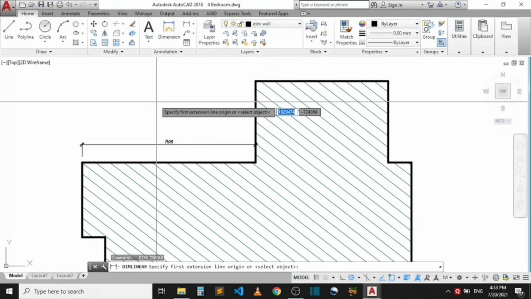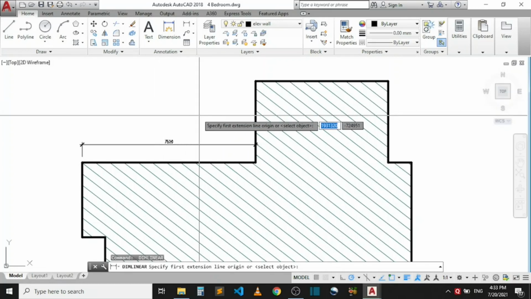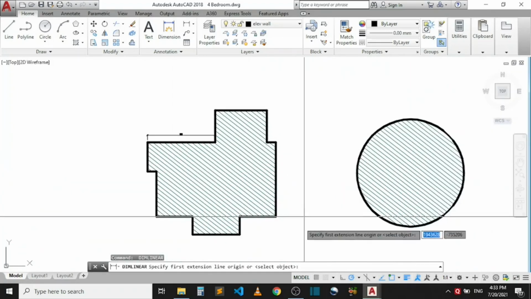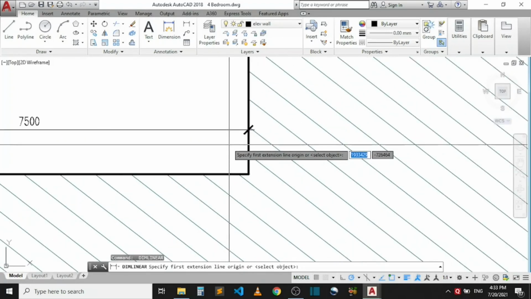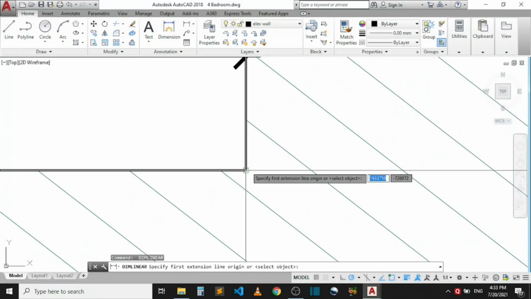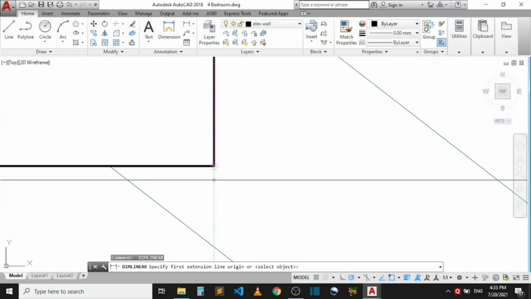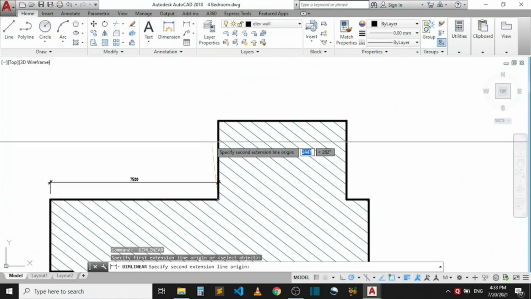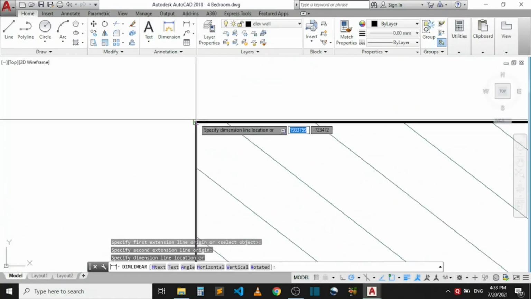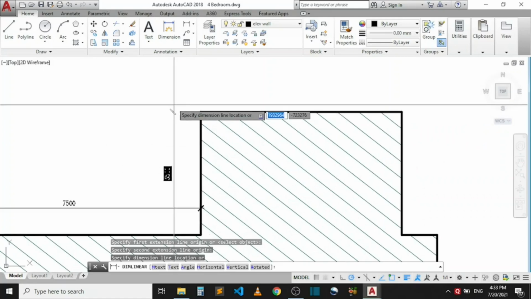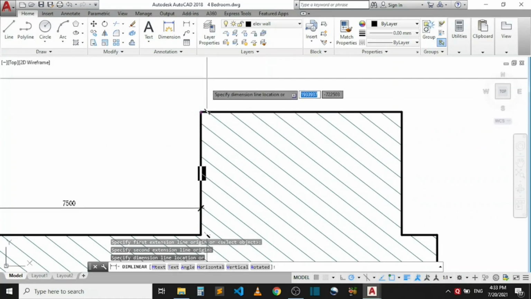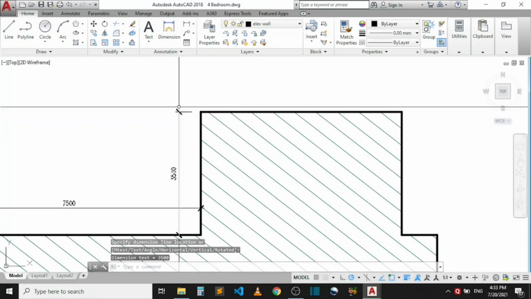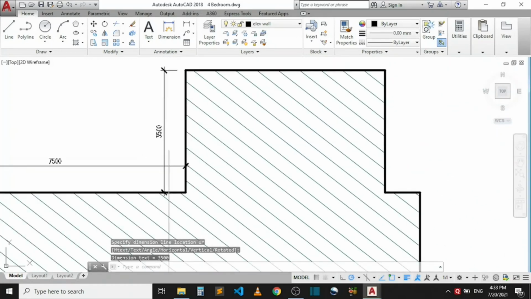It saves you time. So to continue dimensioning, after pressing my spacebar, I'll now come to this point. I want to dimension this object round. So I've done the first one. Second one, I'll come to where these two lines meet here. Let me zoom it so that I can see clearly. Now I click at this point, I reduce my zoom, I take it up and click here. Now this time I'm going to move this way because this line is vertical. So I can't go up. I have to move either to the left or to the right. So I'm going to the left, I'll click. So this dimension is 3,005.